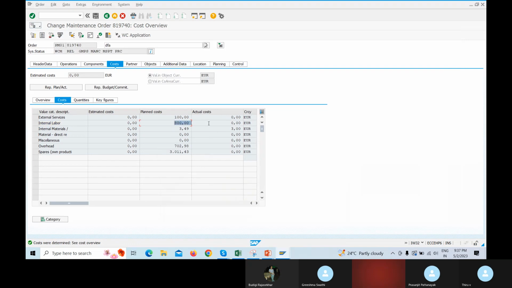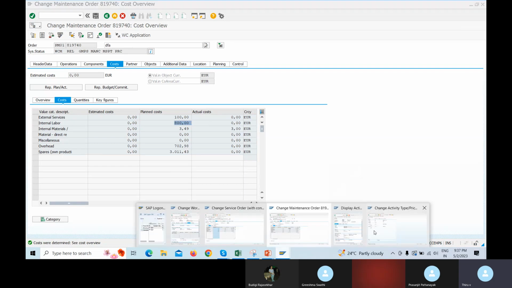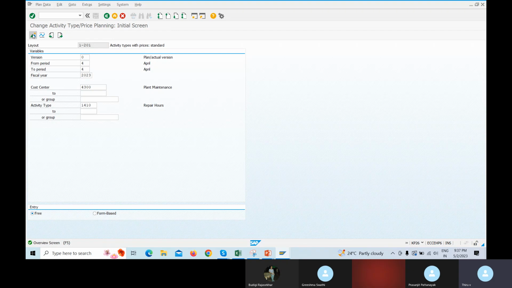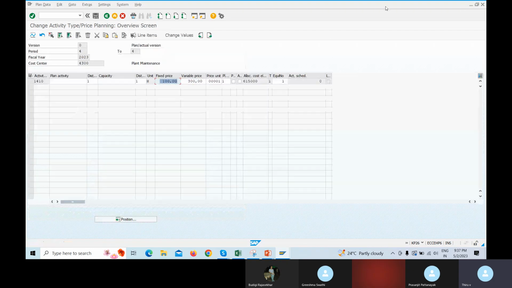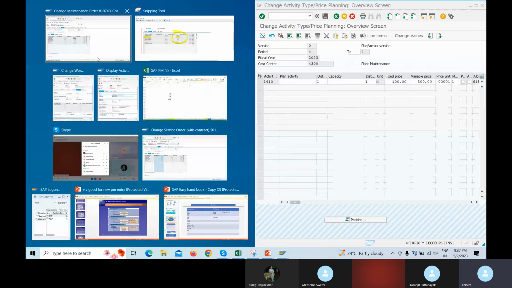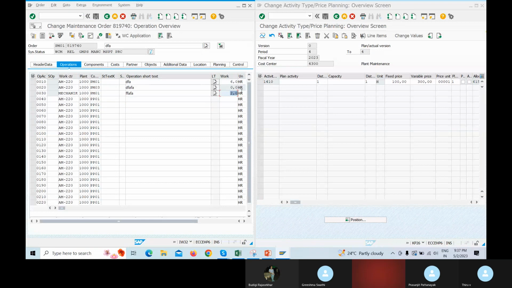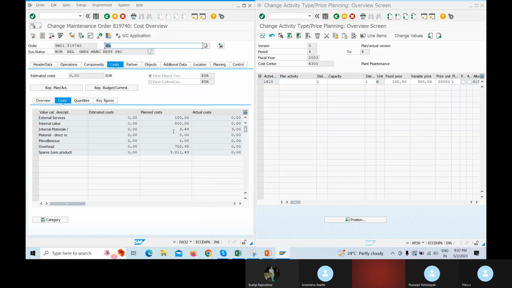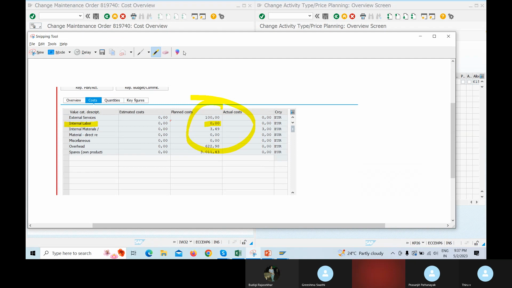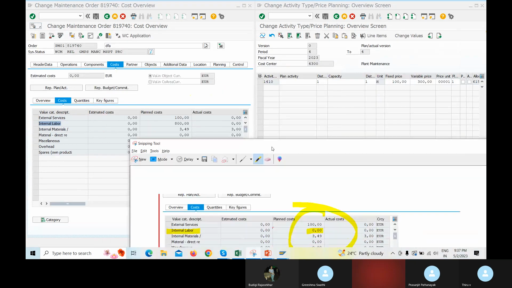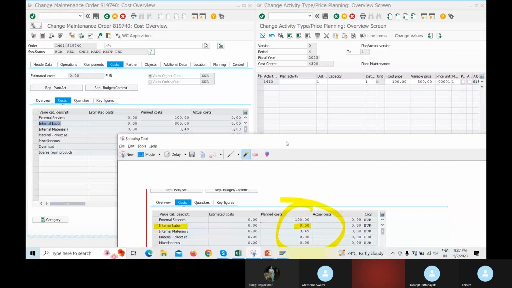Clear, everyone? How the labor cost is coming? Because it is adding these two, fixed and variable. It is adding 300 plus 100, 400. 400 into 2, 800. Because here the work field I gave 2. 300 plus 100, 400. 400 times 2 is 800. So 800 labor cost is coming only for labor. Any questions on this, anyone? Please let me know. I am ready to explain again. Anyone you are not able to understand, please let me know. I am ready to explain.